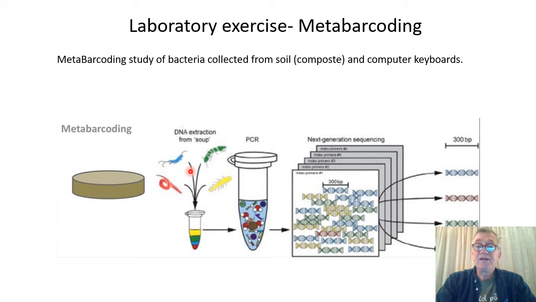We amplify this gene or this region with PCR, and then we DNA sequence the amplified material. If we find just one sequence in this result of the DNA sequencing, then we will know the entire sequence is identical. That means it must be just one species in this